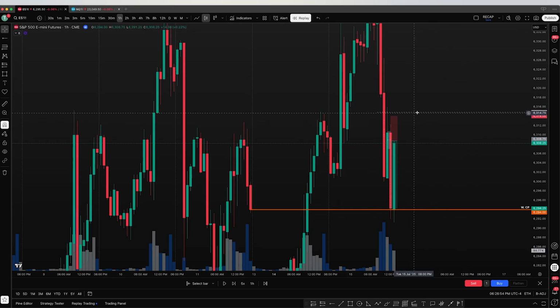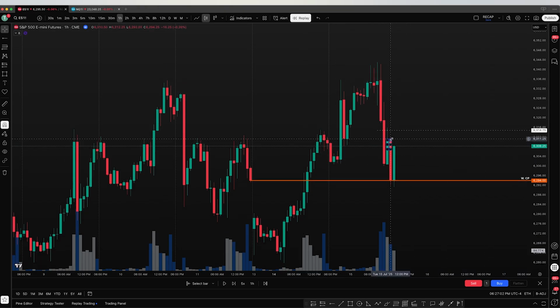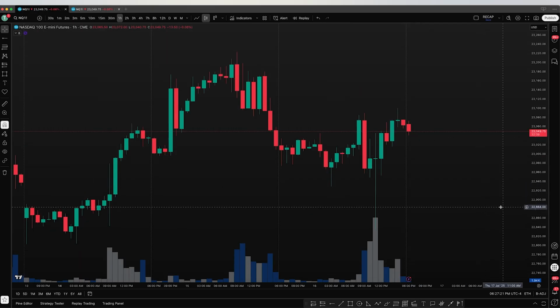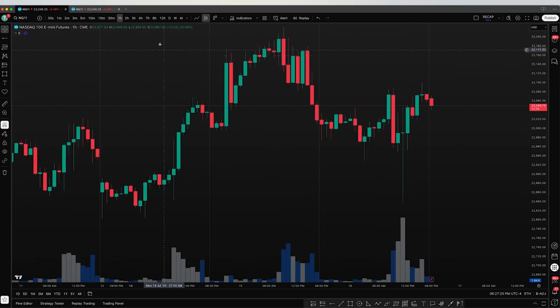This isn't the first trade I've taken with volume profile as a kind of a confluence, but the precision of it, the more I've been using it, the more I've been impressed by it. And so I thought that was a really cool trade. And then I'm going to show you another example here today on NASDAQ. So I'm going to show you the winner first, and then I'm going to show you the loser after. So the winner,